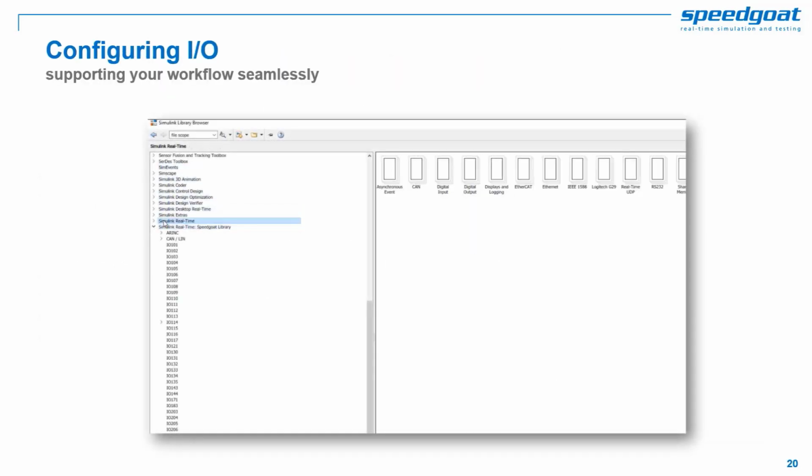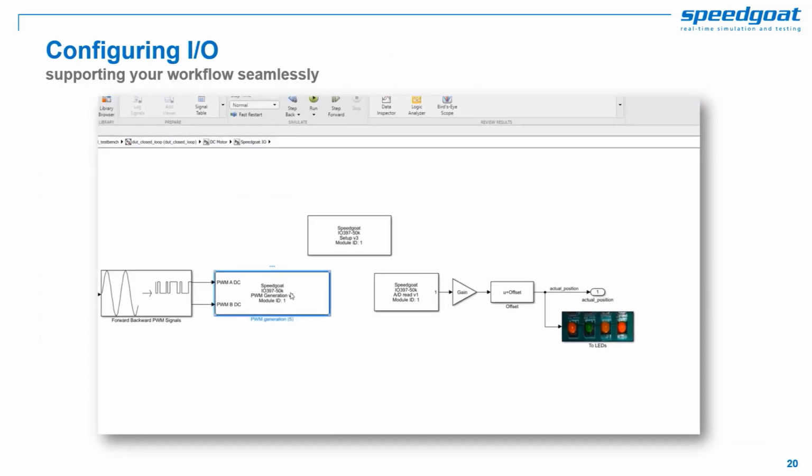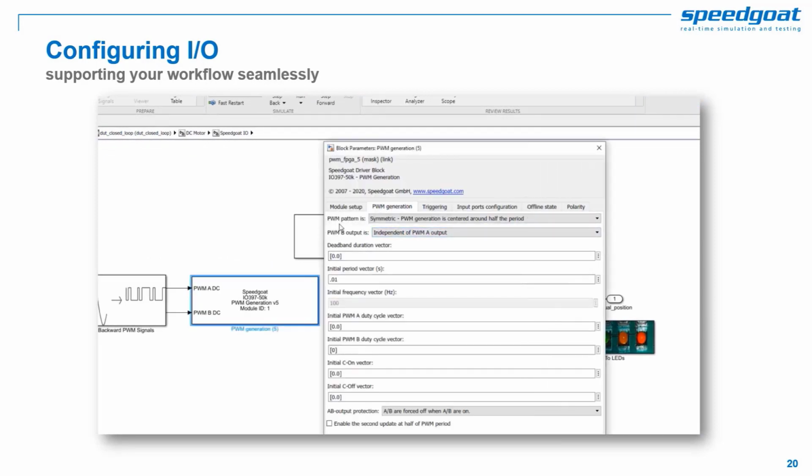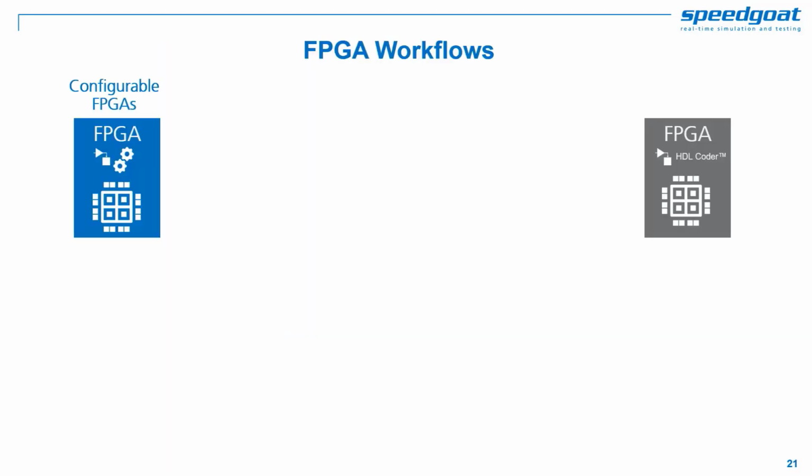I/O configuration is simple. I/O and hardware of any kind is represented by Simulink blocks. Placing them in your model and configuring I/O and protocols is done within Simulink. A very important category of I/O for high-performance interfaces is FPGAs. For instance, FPGAs are vastly used for power electronics and motor control applications to generate PWM signals or emulate sensors